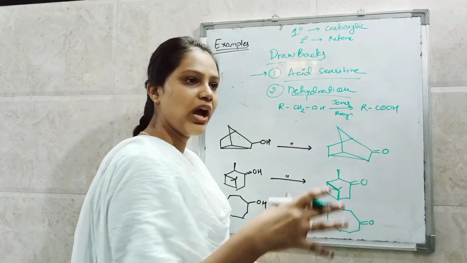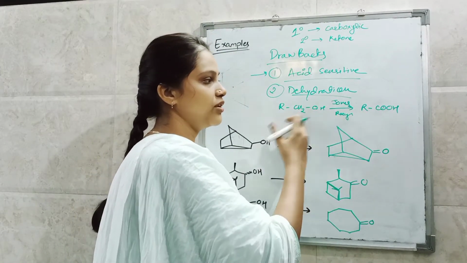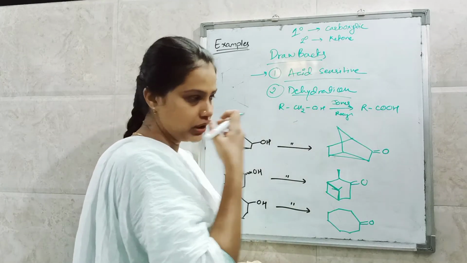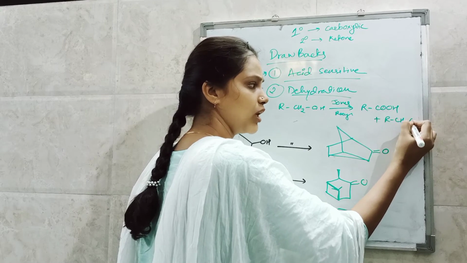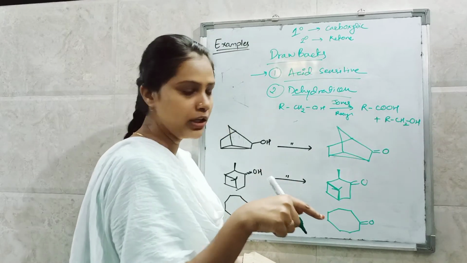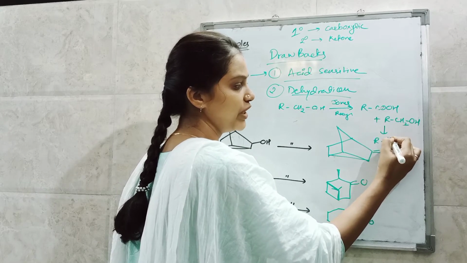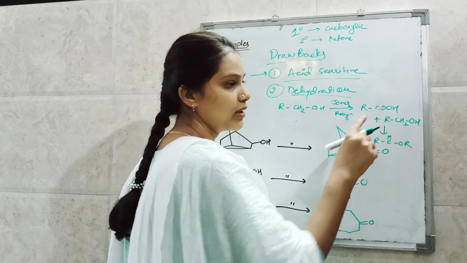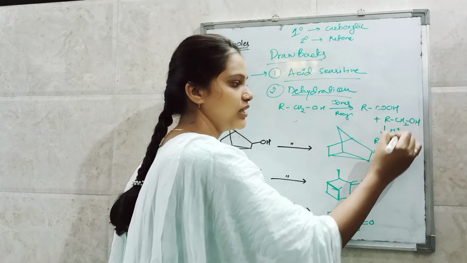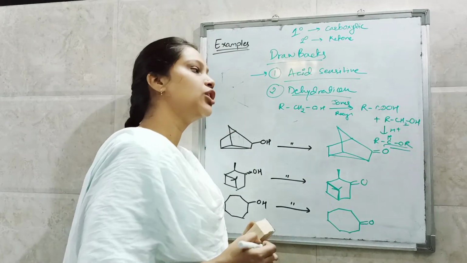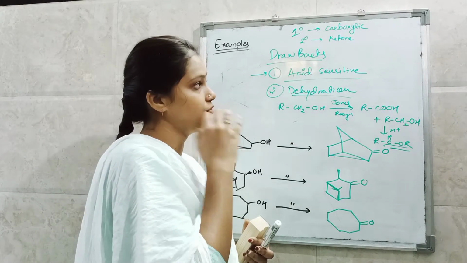Suppose you have n number of molecules in your vessel. Jones reagent will oxidize a little alcohol into carboxylic acid, so you have unoxidized alcohol in your mixture, right? So these two will combine to give you ester. Like the normal reaction of carboxylic acid and alcohol, in the presence of acid it will give you ester by dehydration. A similar reaction will take place. So these are the two main drawbacks of Jones reagent.